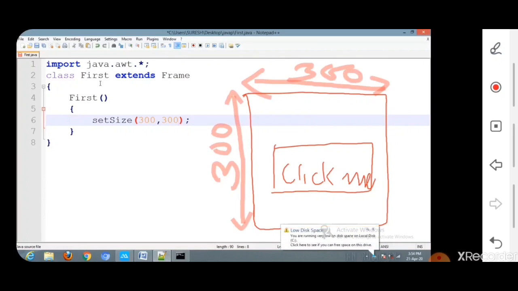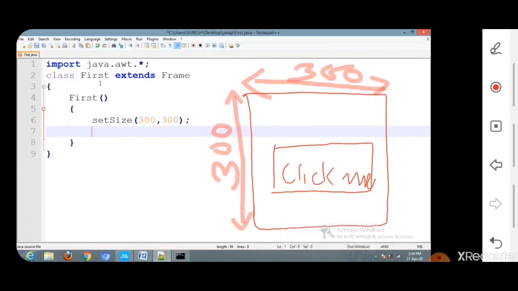Then the next available method is setLayout. Using the layout manager, we can set the layout of the corresponding frame.